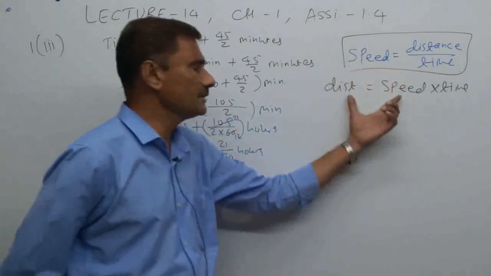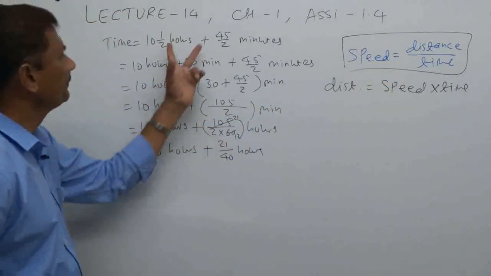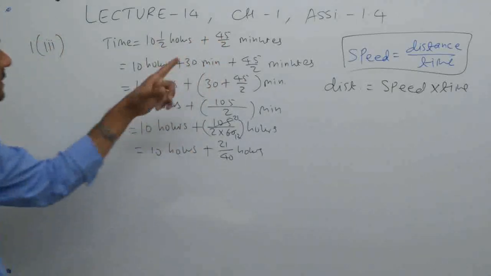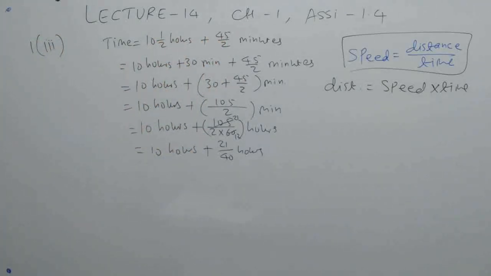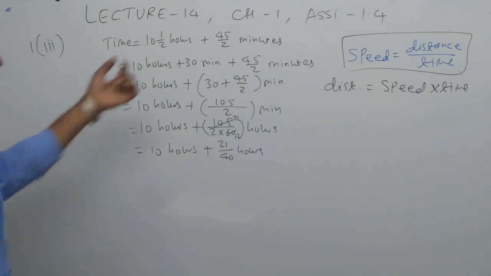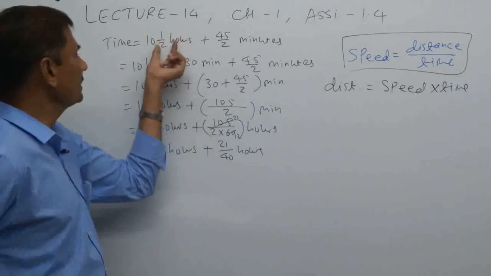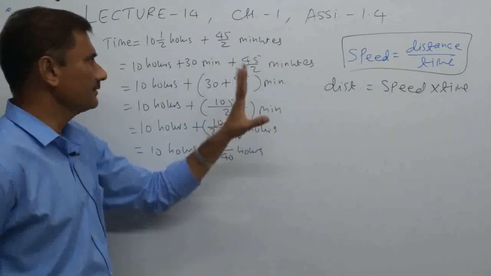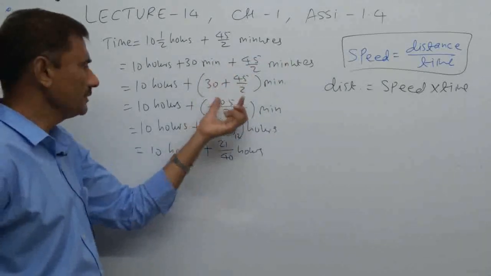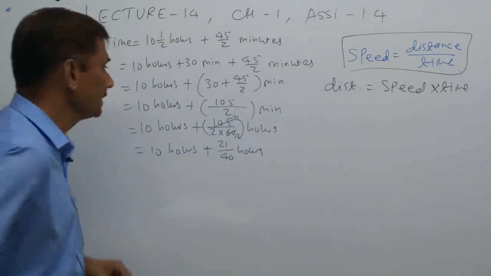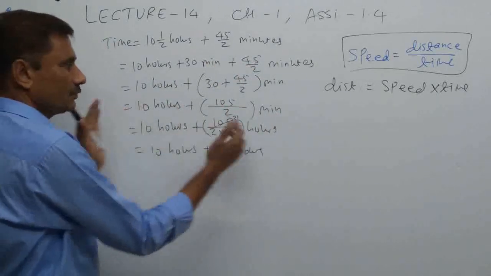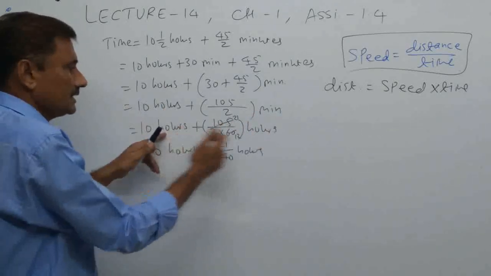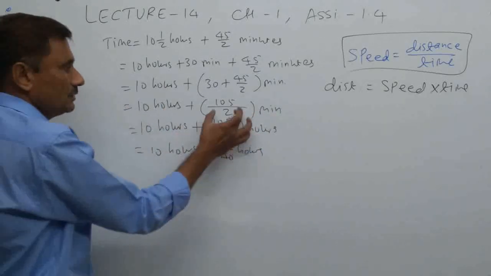First of all, you understood that I have to apply the distance formula. Now, this is the total time, somewhat in hours, somewhat in minutes given. We want the total time in hours only, not in somewhat hours and minutes. So I converted here 10 plus half, meaning 30 minutes, and this one in minutes only, whatever is given. I make them total. So total minutes above 10 hours we got. But we make them total so that both units should be the same. So here hours, so here also I want hours. So I divided by 60.